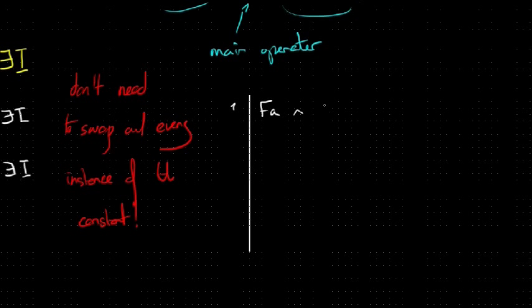So if we had FA and GA, what we could do here is, first of all, we'll say, well, look, we're going to just concentrate on this. We're going to turn it into a Y. So we'd end up with, there exists a Y such that FA